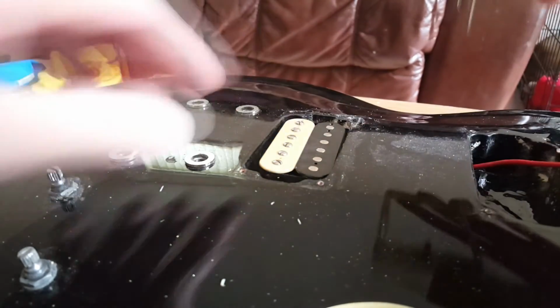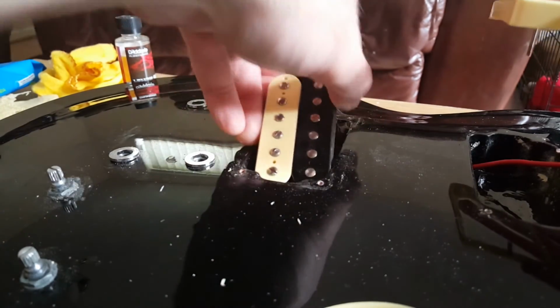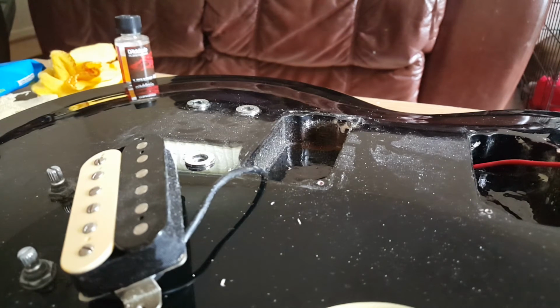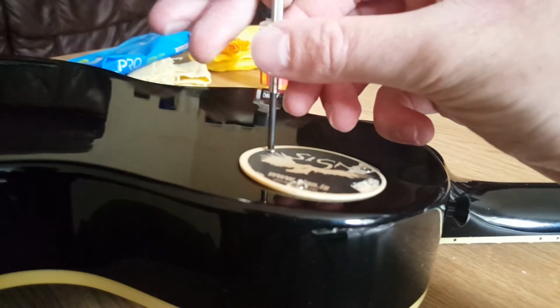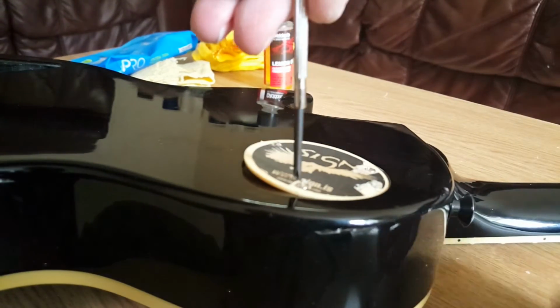As I said, I'm going to put everything that I'm going to use again in a plastic bag, all the screws and that, just so I don't lose any of them. But that is the first pickup out. It's still attached to the wiring and the pots, but that's nothing to worry about now. I'm going to be taking them out in part 3. So I've done the same again for the other pickup, and now I'm just going to take the control off,